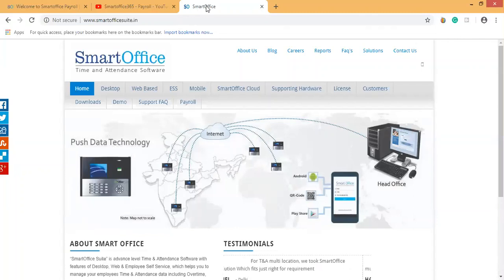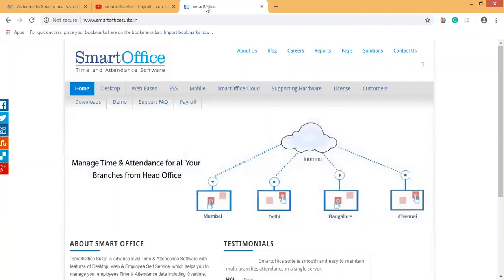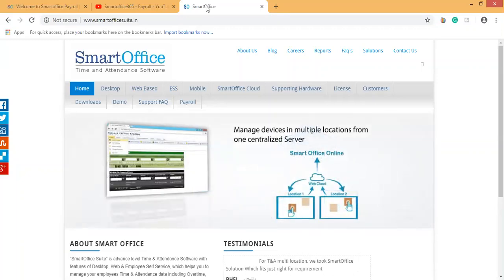If you are a dealer or a channel partner dealing with biometric machines, CC cameras, or security products, especially dealers of biometric machines, such as ESSL or Biomax, because we support both Biomax and ESSL devices, then this is one of the best features you can make use of for your client purpose.